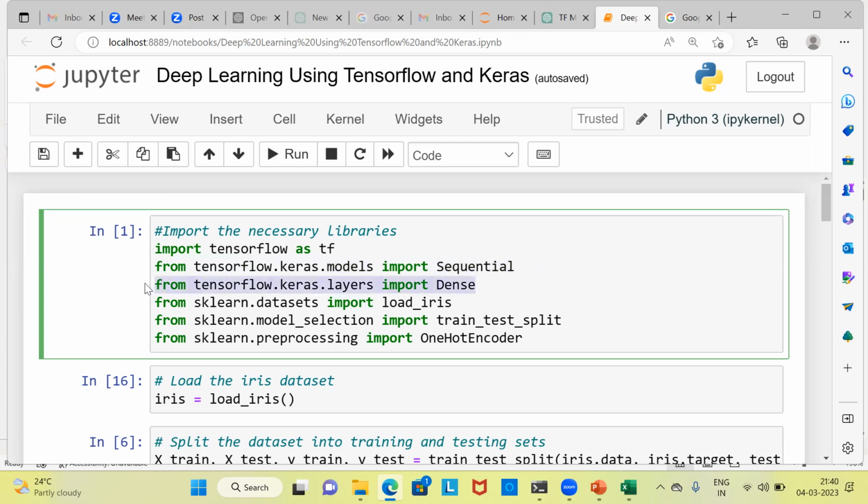Let's now look at the third line of code. Here, we're saying from TensorFlow.Keras.layers import dense. What does this do? This imports the dense class from TensorFlow.Keras.layers. In the next line, what we are saying is